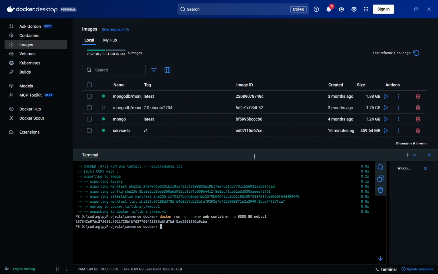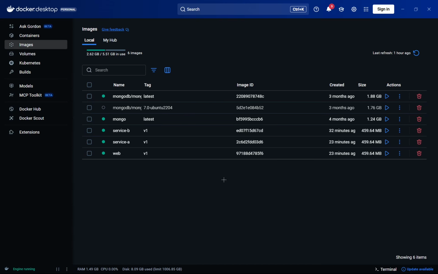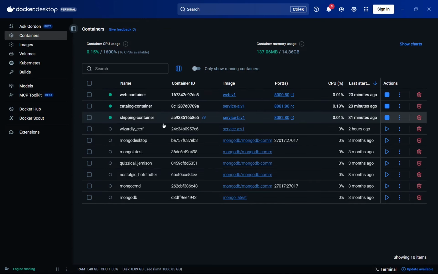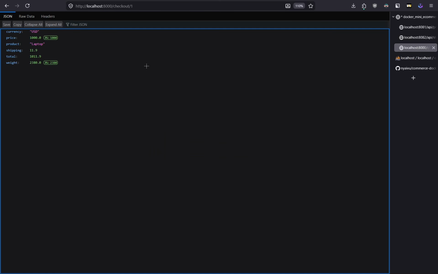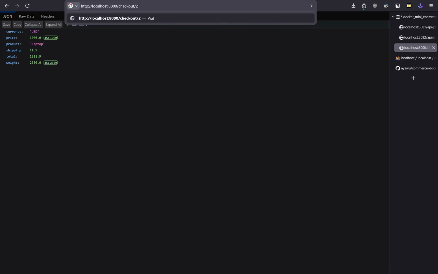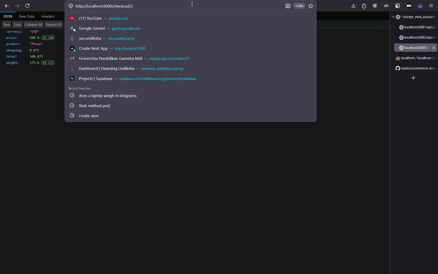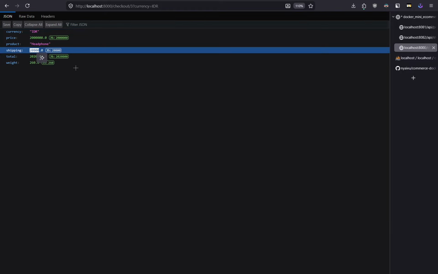I've already ran it in my Docker images, so here are my images real quick. There's A, B, and web. And our containers also running smoothly. So for the checkout, you can see this is the first ID, the second, the third. You can see if we use our search parameter of currency in Indonesian rupiah, we can